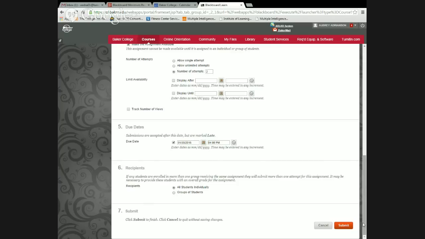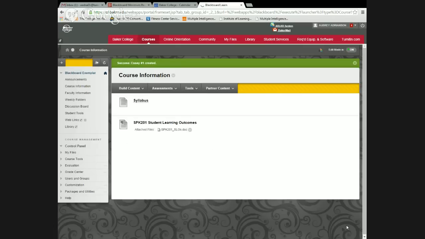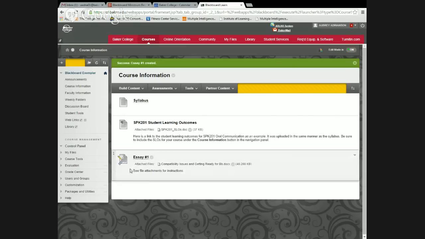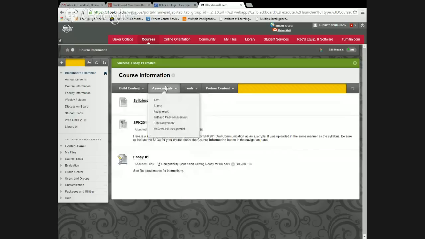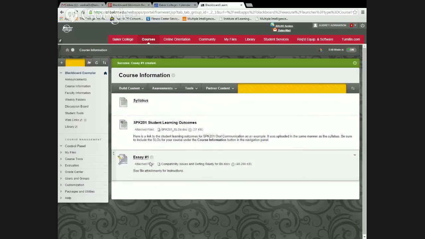So we have all this information entered. I can now click submit. And then here's my essay. And the difference between building content and an assessment, again, is that you're expecting students to submit this assignment, and Blackboard has then created this assignment for you in the grade book, in the grade center. So then you can go into the grade center and assign a grade, and also allow students to submit this assignment to you electronically. So if I were to click on this,